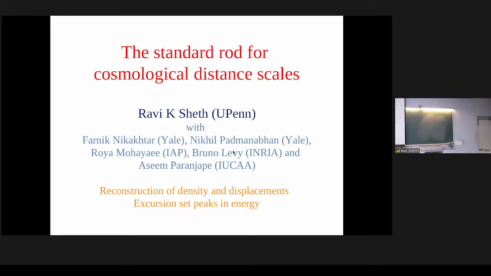So I thought I'd talk a little bit today about this method that people use for measuring distances on very large scales. It's a complementary method to estimating distances using supernovae. The one that uses supernovae is using something like the luminosity redshift relation. This one uses the angular diameter relation. However, it can be impacted by, or hurt by, the growth of structure. So not just the geometry, but the gravitational growth of structure.